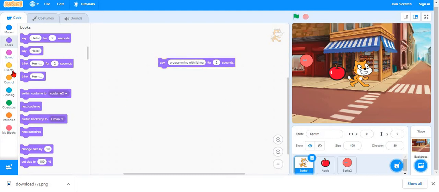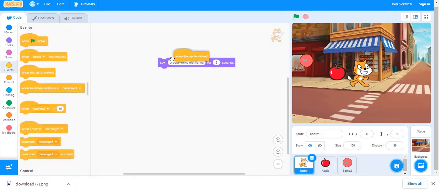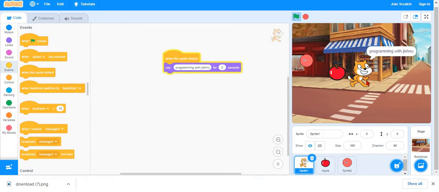So I'm going to make it even better. Go to events, and when I click this cat, then it will say programming with Jishnu.